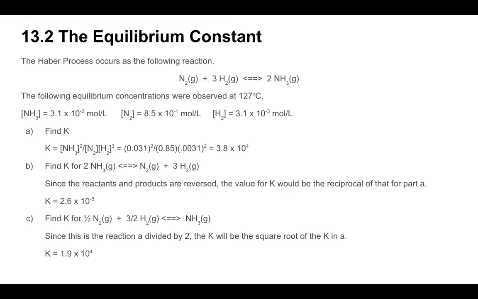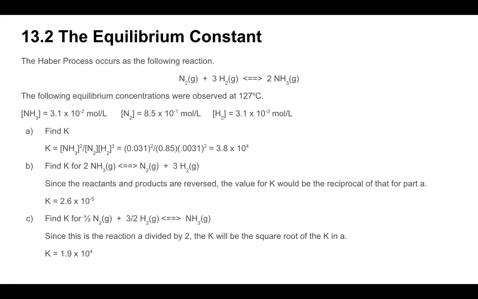Instead of N2 being 1, it's now a half, and H2 instead of being 3 is now 3 halves. Well, looking at that, multiplying by a half changes all the coefficients by a factor of 1/2, which would be the same in math as taking the square root. Remember, square root is raising something to the 1/2 power. So if I take 3.8 times 10 to the 4th, and I take the square root,